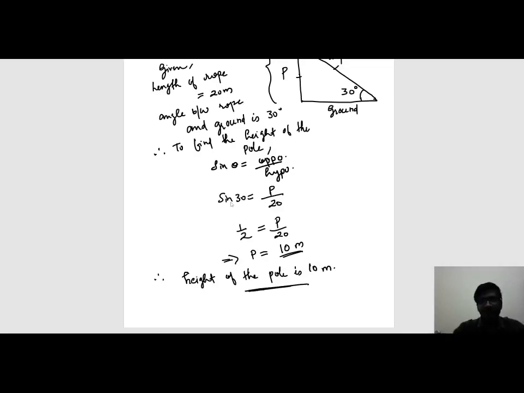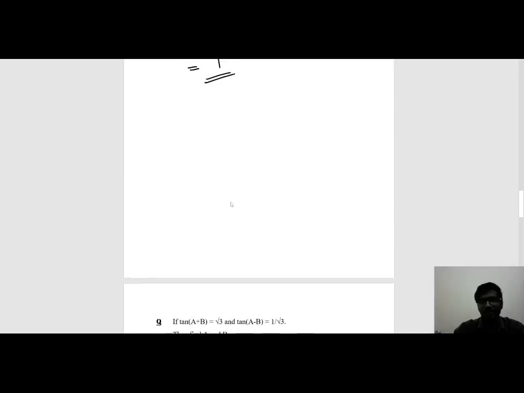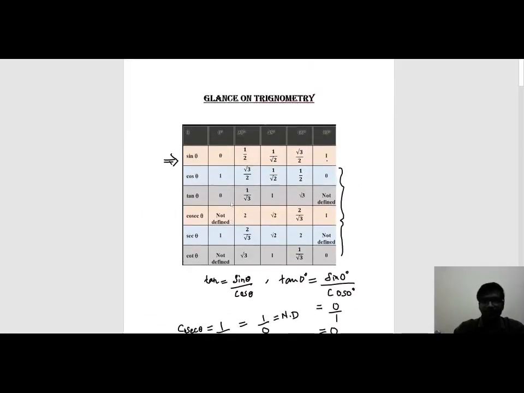These were some of the overview from the chapter trigonometry. I hope this was clear to you. Since it is my first video and I have just started with this trigonometric chapter, I gave a small overview of this chapter so that you needn't be scared of it. There is nothing in this chapter if you apply the concepts we have learned here. In the coming videos, we will be seeing more details in this chapter. I hope this is helpful to you. Thank you.